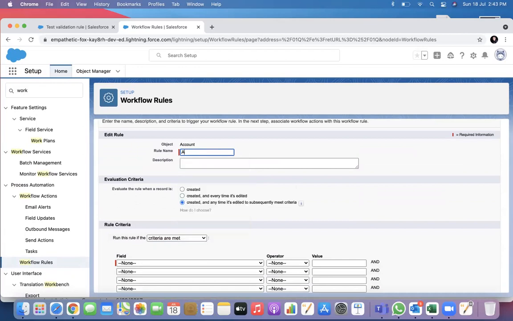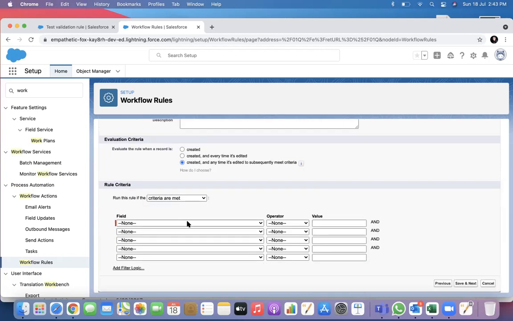Maybe active status change. I want to fire it only once when the record is created, or I want to fire it every time the record is edited, or a special situation in which this wants to fire. Let's make it special situation.